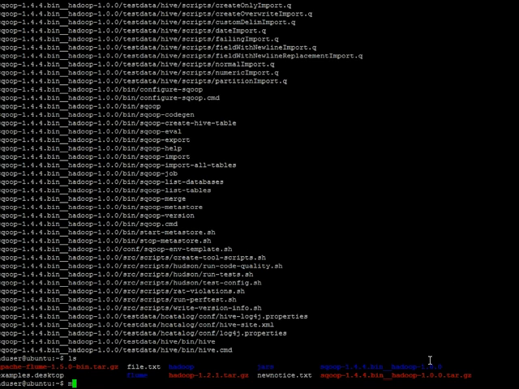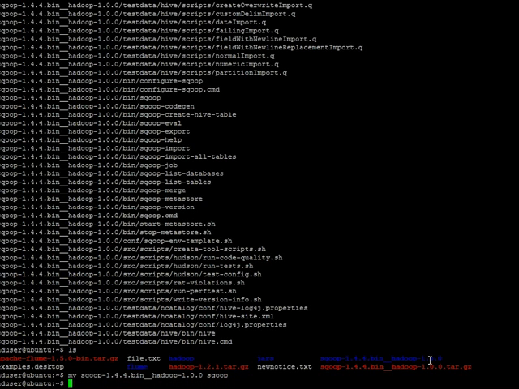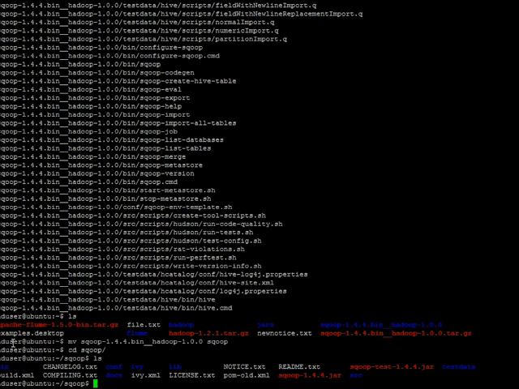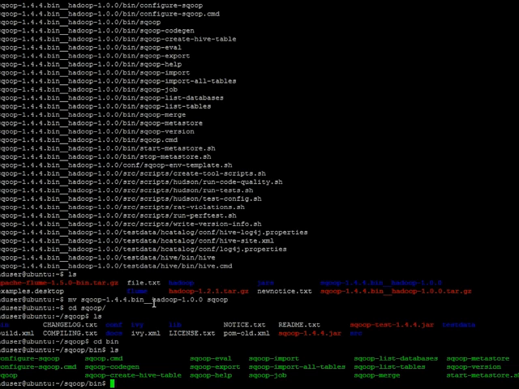For the sake of ease, let me rename this folder to just Sqoop. Okay, so let us look at the contents of the Sqoop directory. As you can see, you have the usual folders bin, conf, lib, etc. If I look at the contents of the bin directory, you have the Sqoop executable which will be used very often. So remember the path of this, and now we can directly use Sqoop from within the extracted directory